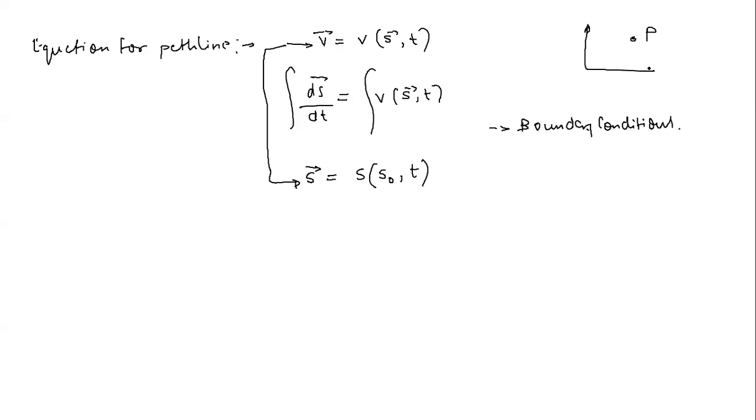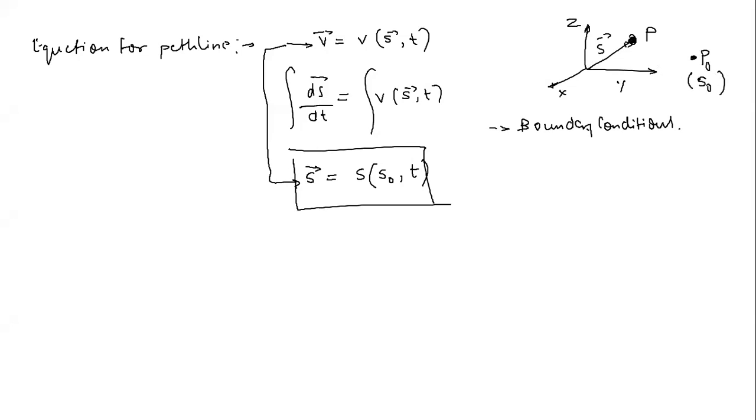So I am taking a point p here, and these are my coordinate system. Now this is the Eulerian approach only, that you have s vector, comma, time t. But when you are going to integrate and solve this, finally this will reduce to the Lagrangian approach only, because now this fluid particle, let's say, was somewhere here at p naught, and at that time this s naught vector was the identity of this fluid particle. Now this fluid particle was tracing this path and it crossed this point p. So at time t it crossed this point p.